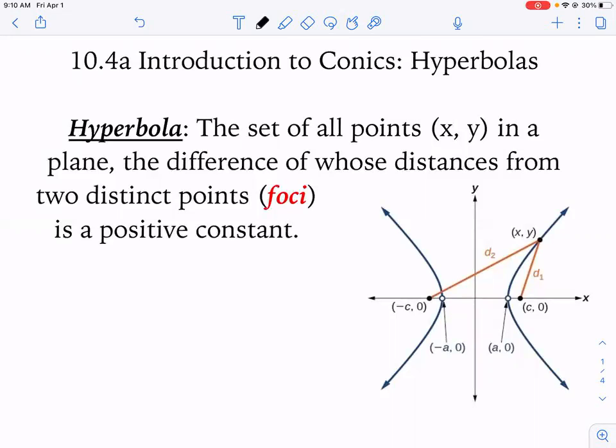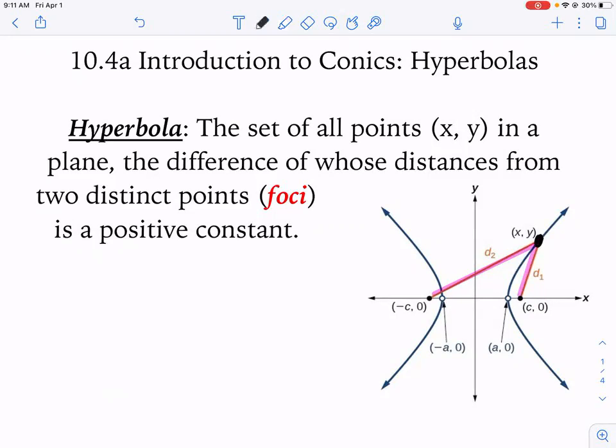has a difference between 2 points that's a positive constant. So do you remember how with our ellipse yesterday, if we measured to each foci and we added it together, it was going to be the same no matter where we were, okay? Same thing is happening here, except we're going to subtract the distances. So if I take this coordinate right here and I measure this distance and I measure this distance, the difference